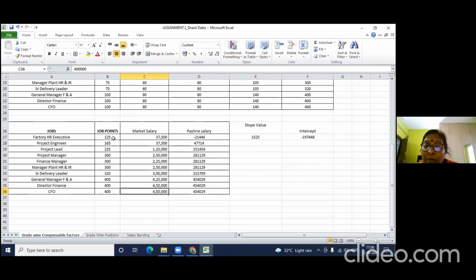So when you're doing job evaluation, accordingly you will look at it, because here what is happening, your 125 job points is either a non-exempt job, too low, or if you want to increase, you can increase it to 150. Look at how it will change. Has it increased? Yeah, now it has come. So now what will he get as salary? That means it all depends on how you have evaluated and whether you have looked at the right market data, the job description. Have you got that, guys?